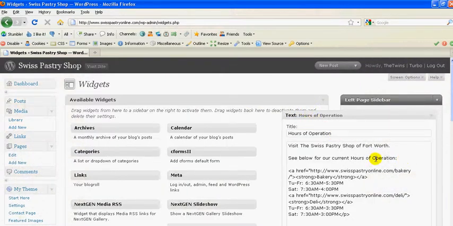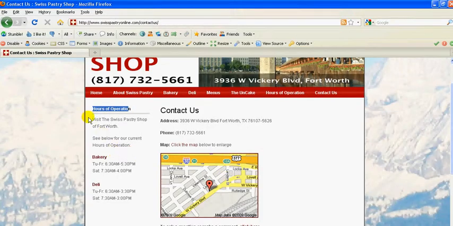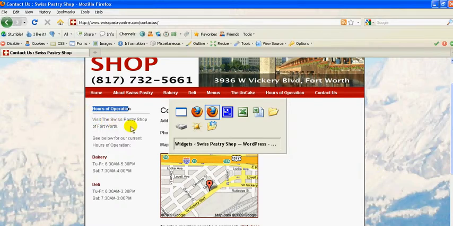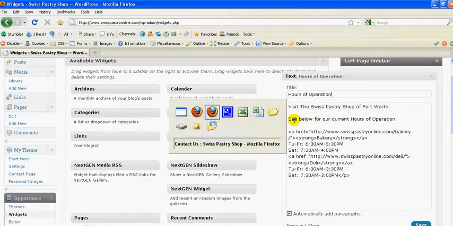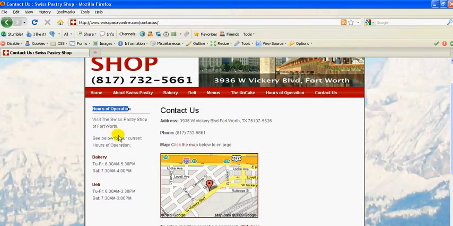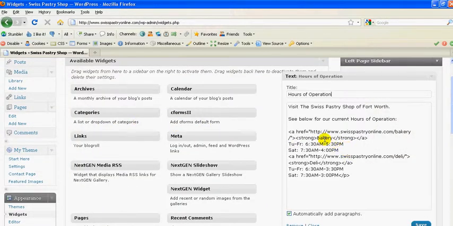The hours of operation listed right here is this section right here. The text below is all of this information below the double line. See where it says visit the Swiss pastry shop? That's the information that you see there. So at any point, if you started opening up at 6 o'clock and closed at 5, or you wanted to put some holiday hours in here, this is where you would simply make that change. You can see here that if we change this to say 5 o'clock and this to say 6 o'clock,